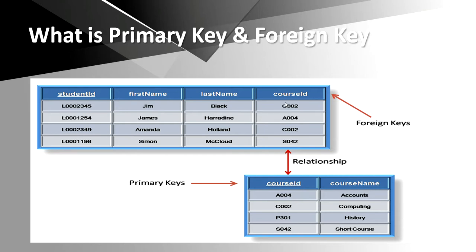And now there is one thing that we need to take care of. For example, tomorrow I change this S042 to S041. Let us say I change this course. So it should be changed automatically here also. Or it should not allow me because S042, the child record, is already present there. Secondly, sometimes I may delete this record. Let's say this course is no more in our institution. Then automatically the course should be deleted from here also.